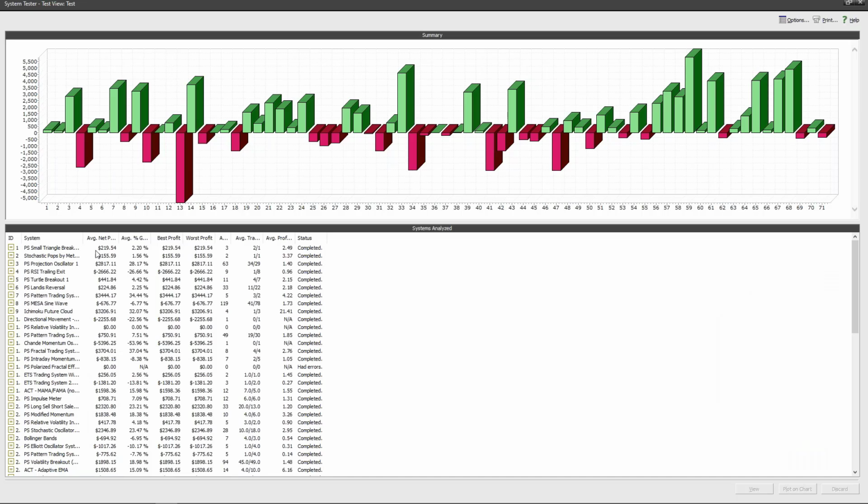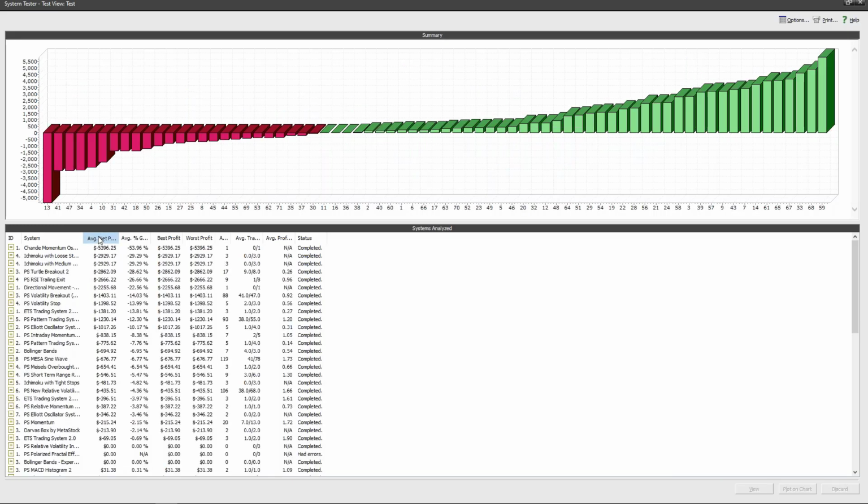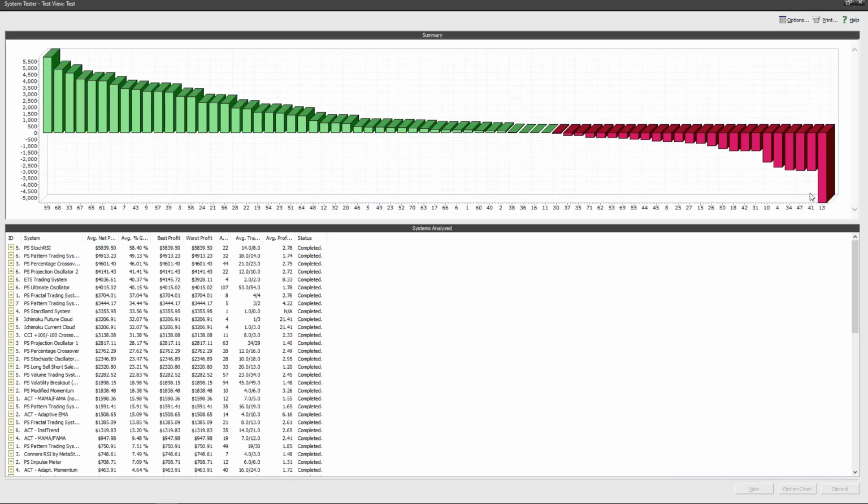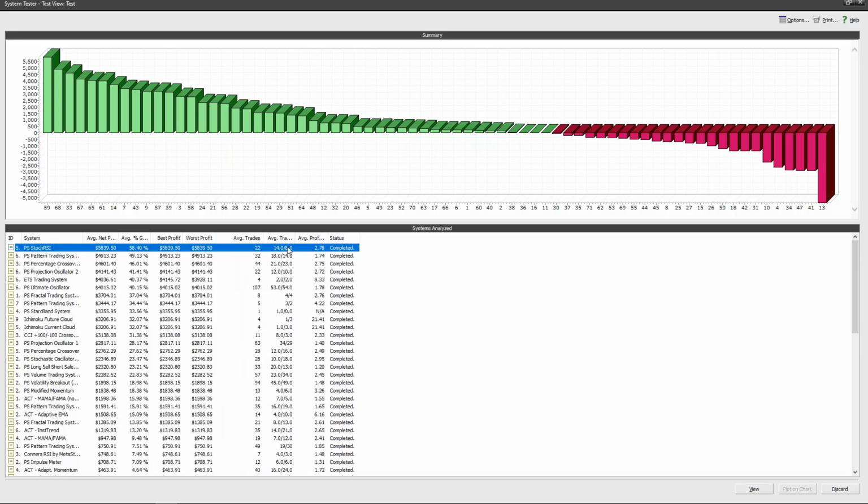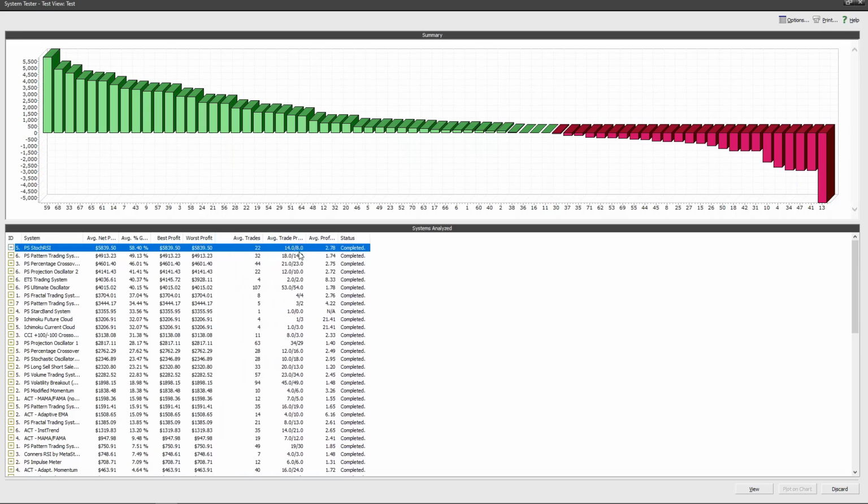So going with TSM, we went back about a year. These systems that are red did not work over the course of the last year. They produced negative profit, which is not something we want to do, right? These systems over here are the ones that worked the best over the last year. Okay. The first one is the stochastic RSI. If I look at the percentage gain on this particular stock, TSM, it made about 58%. The best trading profit was 58. It did have about 22 trades. About 14 of those were winners and 8 of those were losers.